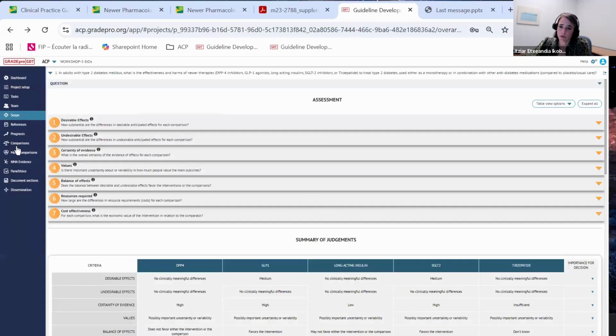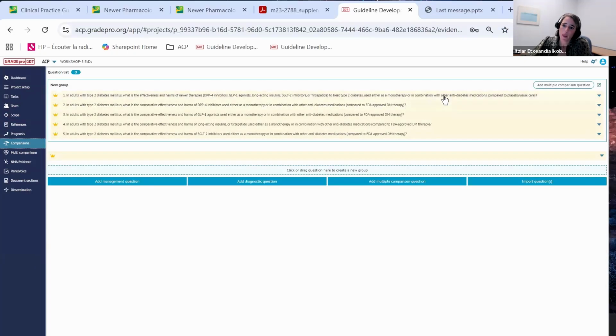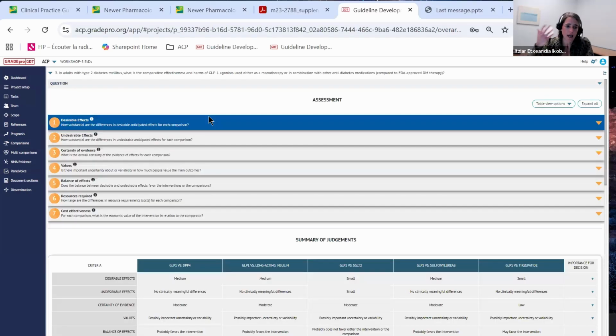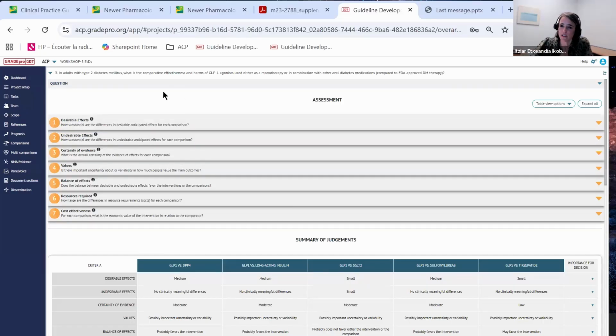However, since in this case we have a network meta-analysis performed by the Center of Evidence Review, we do have this information about the relative effect when one was compared against the other. And the panel assessed this information. Now, for that question that was in the chat, I will show very quickly how we work around